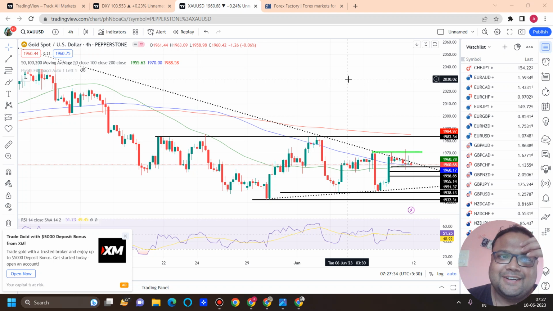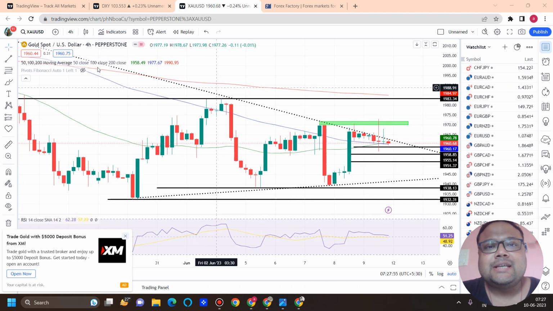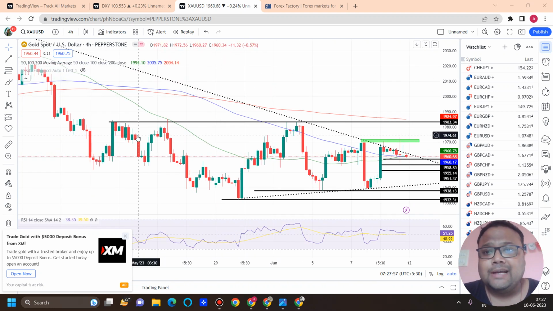So let's get started. So my dear friends, this is the 4-hour chart of gold USD in front of us. And as expected, market did not show any crazy move and market mostly closed on a silent note. We did not get any trend reversal moves. If you look at the chart carefully, then we can see the market is still inside the huge symmetrical triangle only.